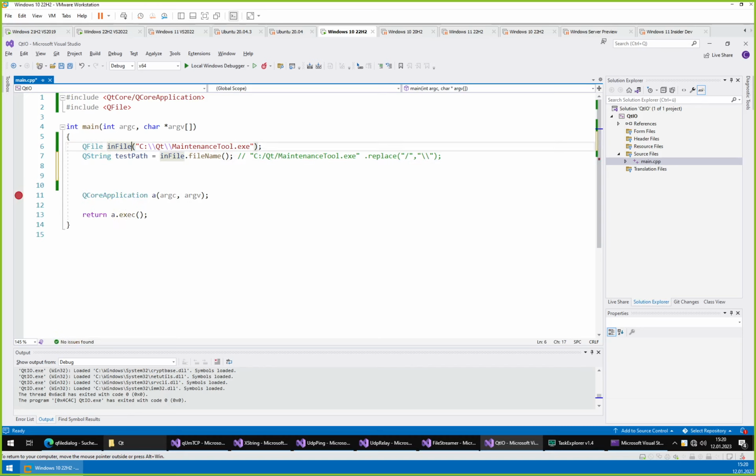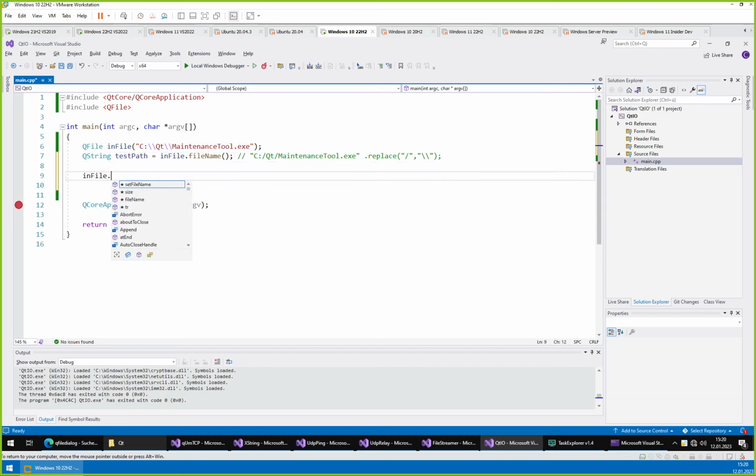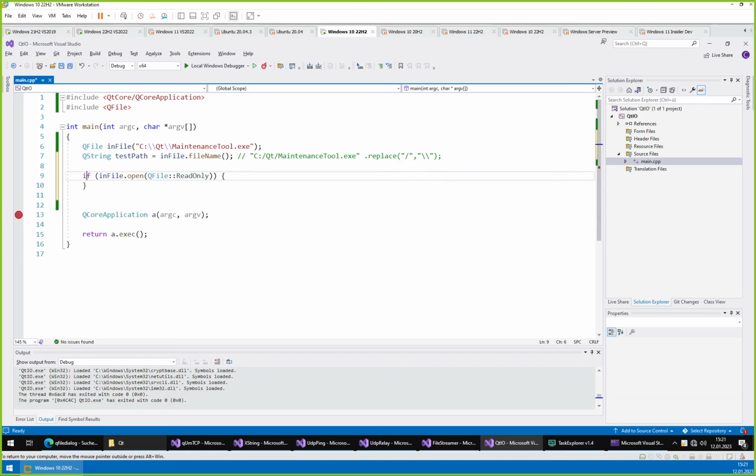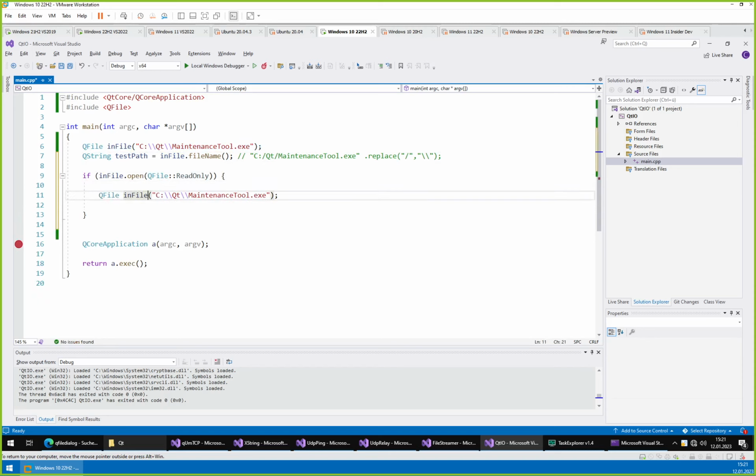Okay, so we have our file. Now we open it for reading. Open QFile ReadOnly. We can check if we actually opened it successfully. Then let's create a second file, which we'll be writing to, out file. If open